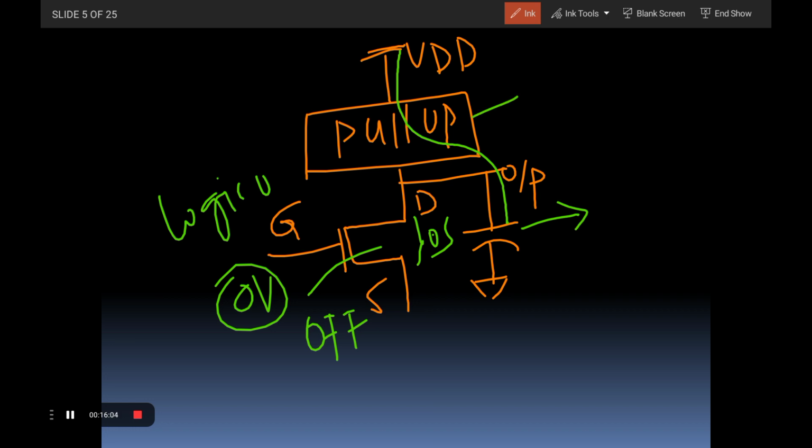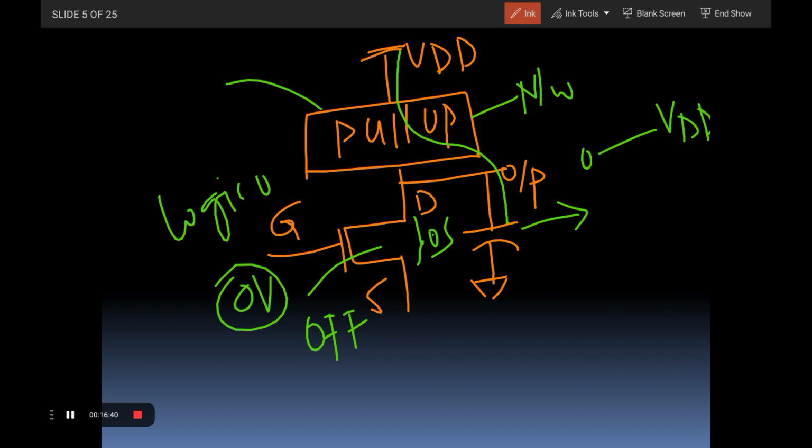Therefore, because of this network, the output is raised from 0 volts to VDD. So that's why this network is generally called a pull-up network, because its output is raised from the low value to the high value. In terms of numerical values, it may be 0 or it may be VDD. So that's why this is generally called a pull-up device. That is very important, guys. Okay, so with the help of these basics,